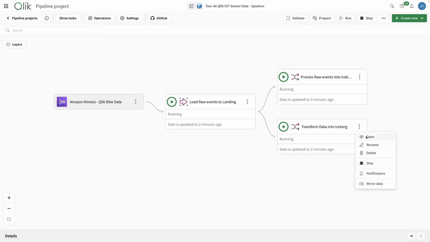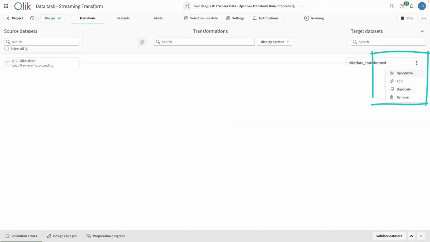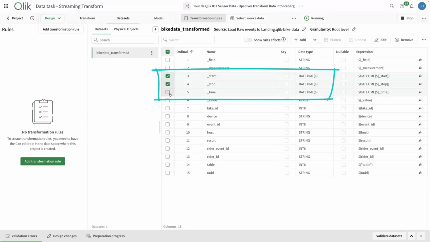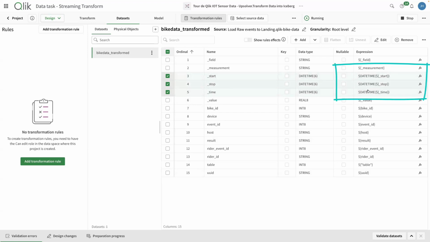So if we open up the second version of the same task, and I open up the table over here on the right, first off, something we actually didn't notice in data quality, but I'll call out here, the start, stop, and time values were coming in as strings, and we wanted to process those into proper timestamps. We selected these three fields, edited them to change their data type into a date time format. And then we applied the date time function over here in the expression that converts the strings that come in through the stream into properly formatted timestamps.